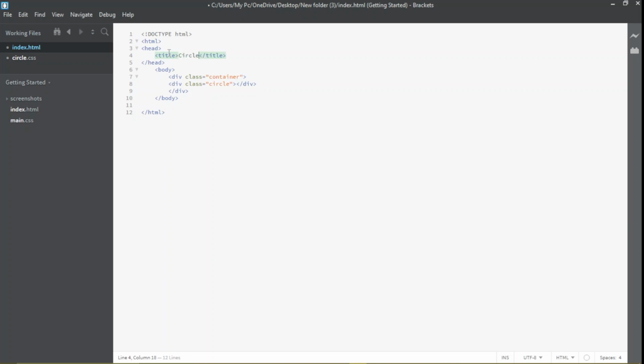Okay, as I've typed in circle, now I'm going to link up the file, and I also have a definite link tag for that. So I'm going to type in the opening bracket, and then type in link. Open it up. Link, and then rel, and then you're going to type in equal. Then you're going to type in, let's say it's going to be stylesheet,